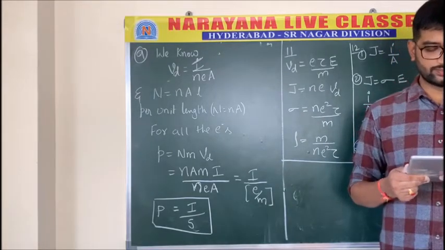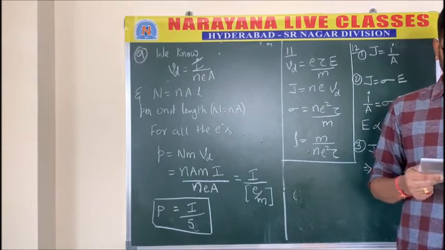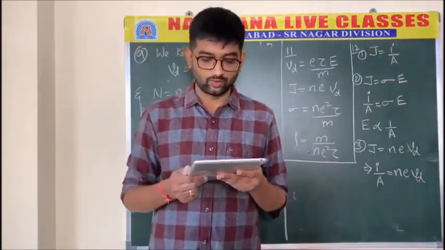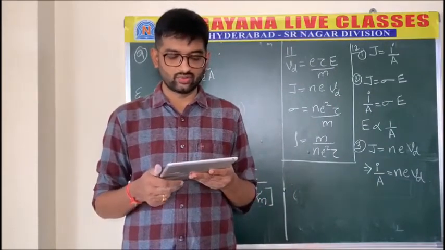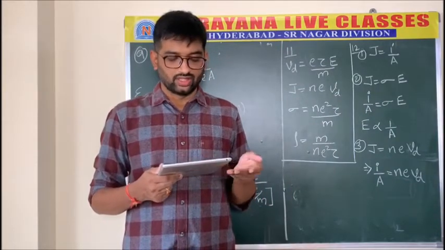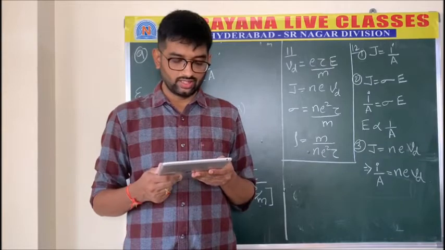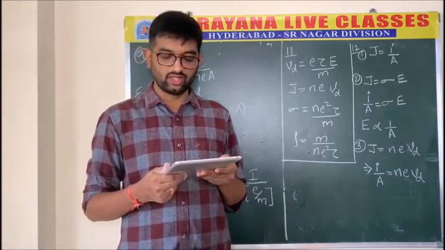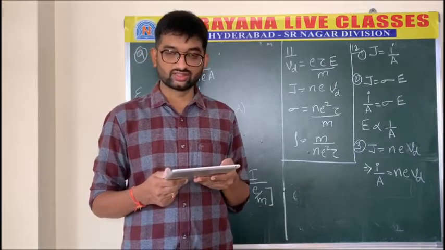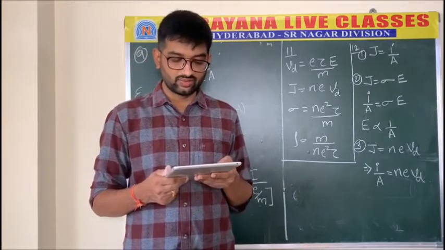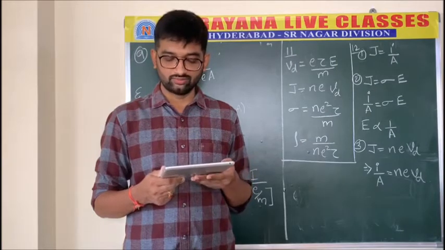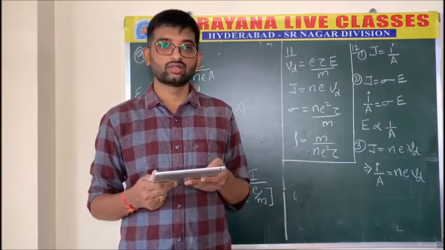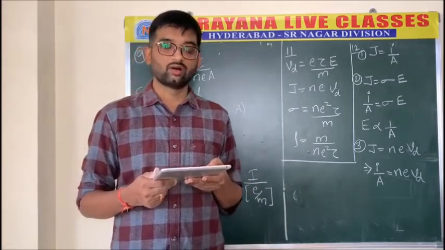Problem number 10. When there is an electric field inside a conductor, the electrons drift opposite to the field with constant velocity. So that statement is correct. And then regarding drift velocity, the drift velocity is very small as compared to the thermal speed of electron. That is also correct. And drift velocity depends on the nature of the metal and relaxation time. So all the three options are correct. Therefore, the correct answer is all options are correct.